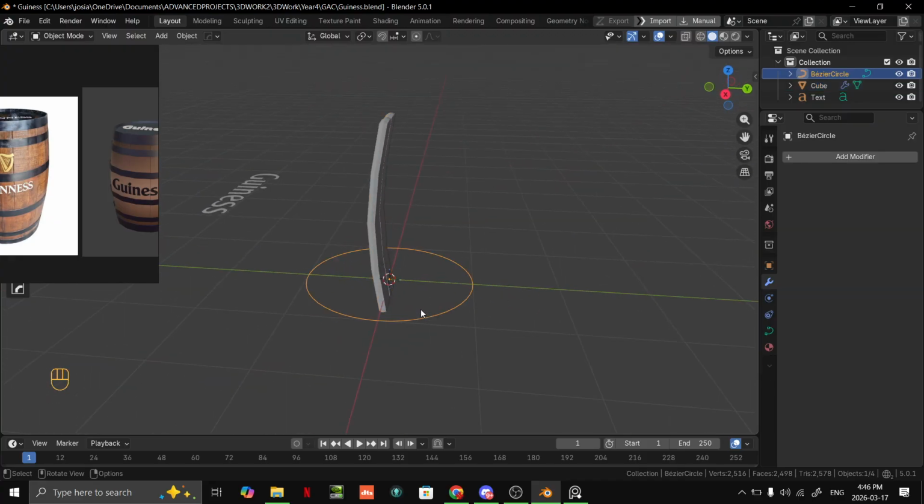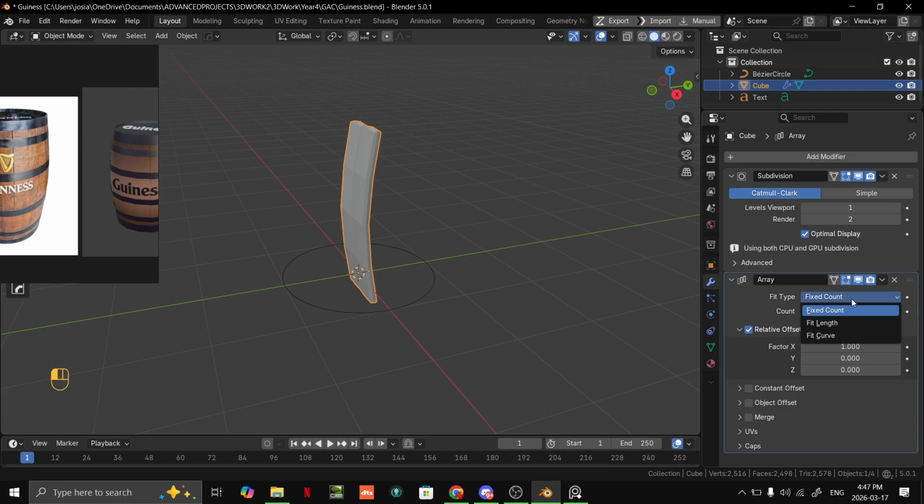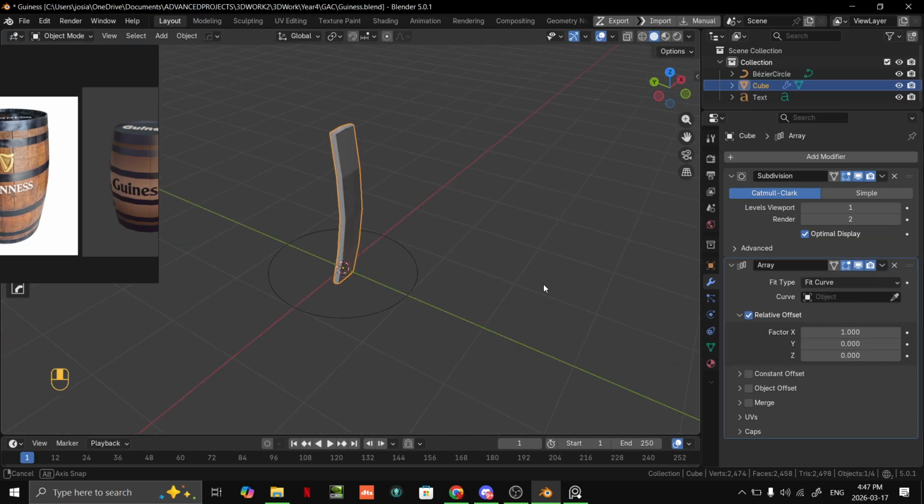And so from here, what we can do is go in our array and fit type. There are 3 fit types available to us. We have fixed count, fit length, fit curve. We want to select fit curve. So all those are going to disappear,